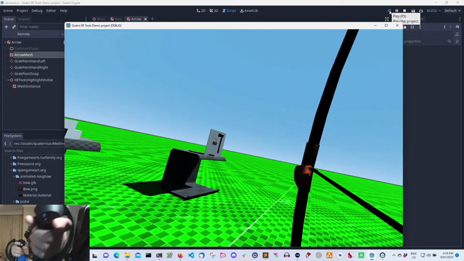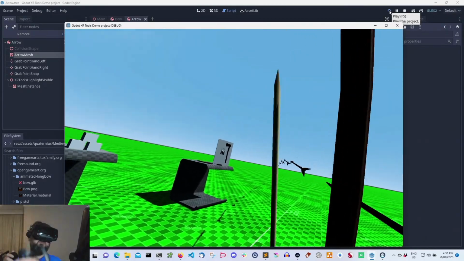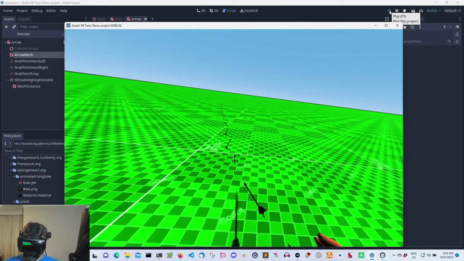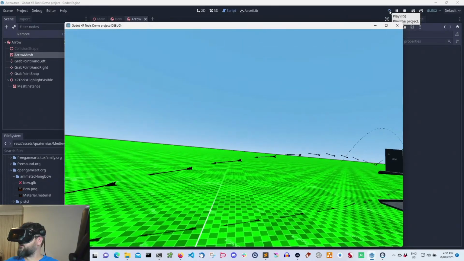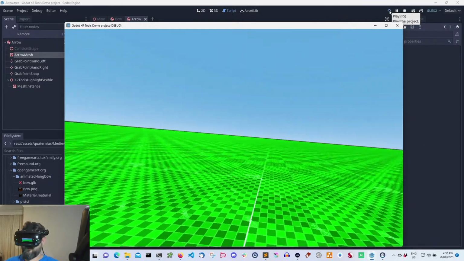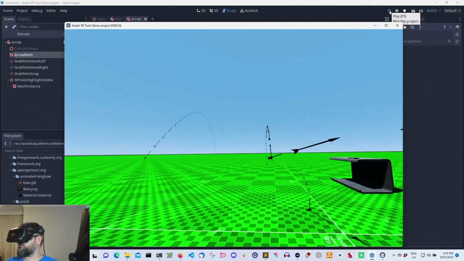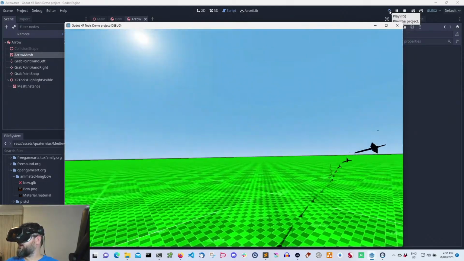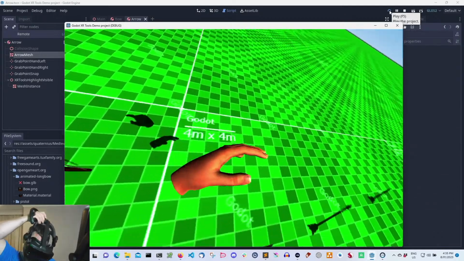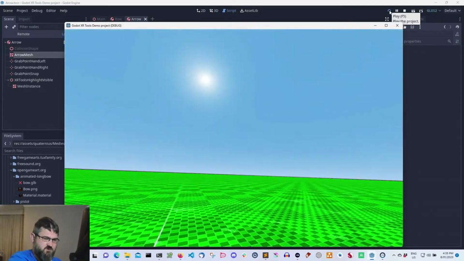All right, let's see what happens if we just do it like this. All right. Well, one thing that I think is that we're not shooting the arrow fast enough, because if I need to pull it back that far and it only comes to here, that's not really a very strong arrow. So I think our force is definitely